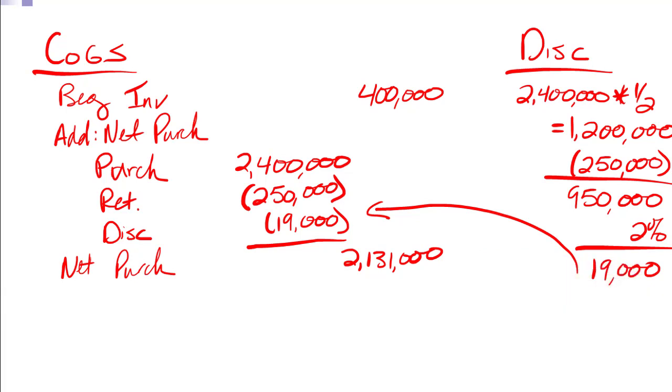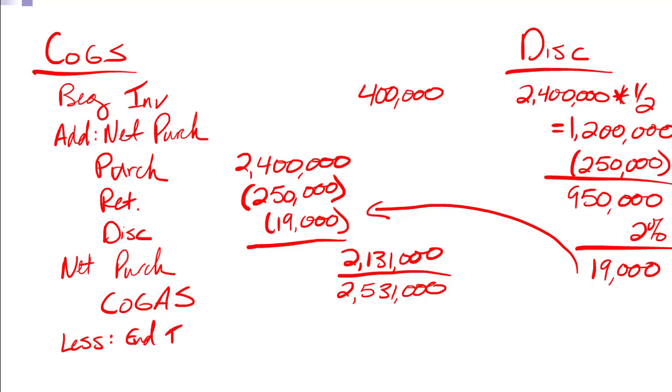So we can take beginning inventory plus net purchases, 0 for freight in, and get cost of goods available for sale. So 2.131 million plus 400,000 is $2,531,000. Final part of my equation, remember, is cost of goods available for sale minus ending inventory, so less